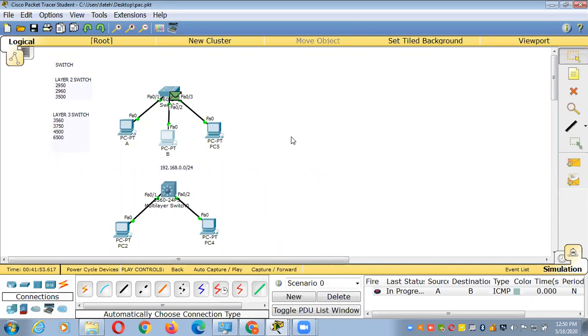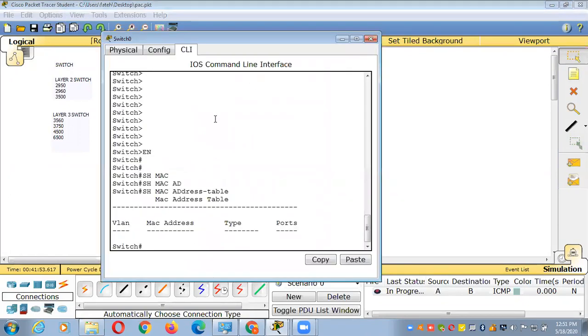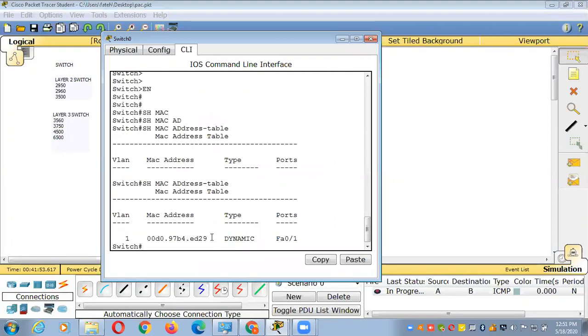The switch will open the layer 2 header. The switch will search the source MAC address, and that source MAC address will be added in the switch MAC table. Now check the MAC table of this switch. Now your switch has stored a MAC address here.